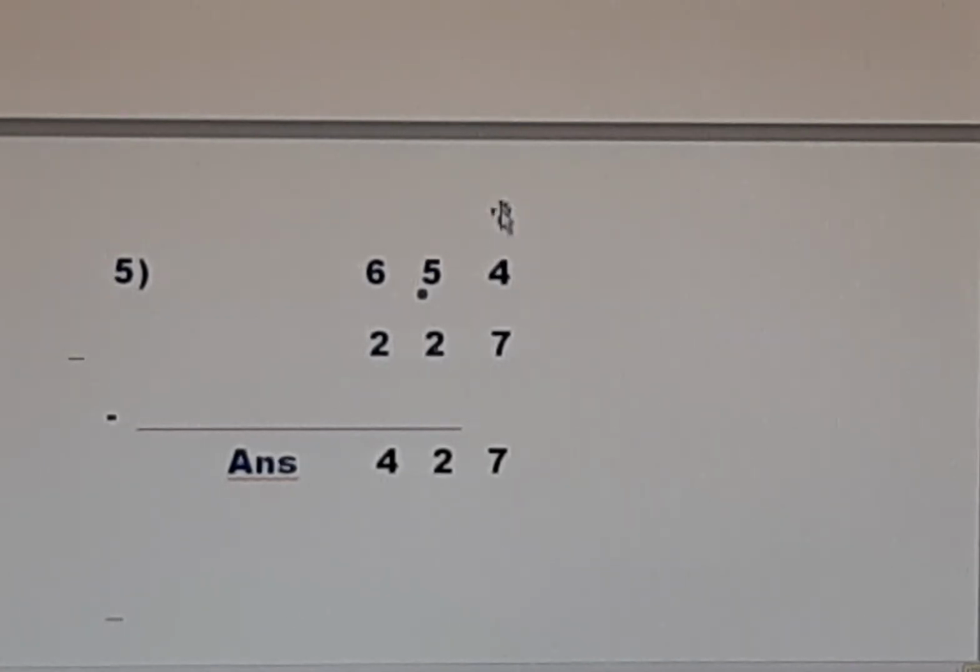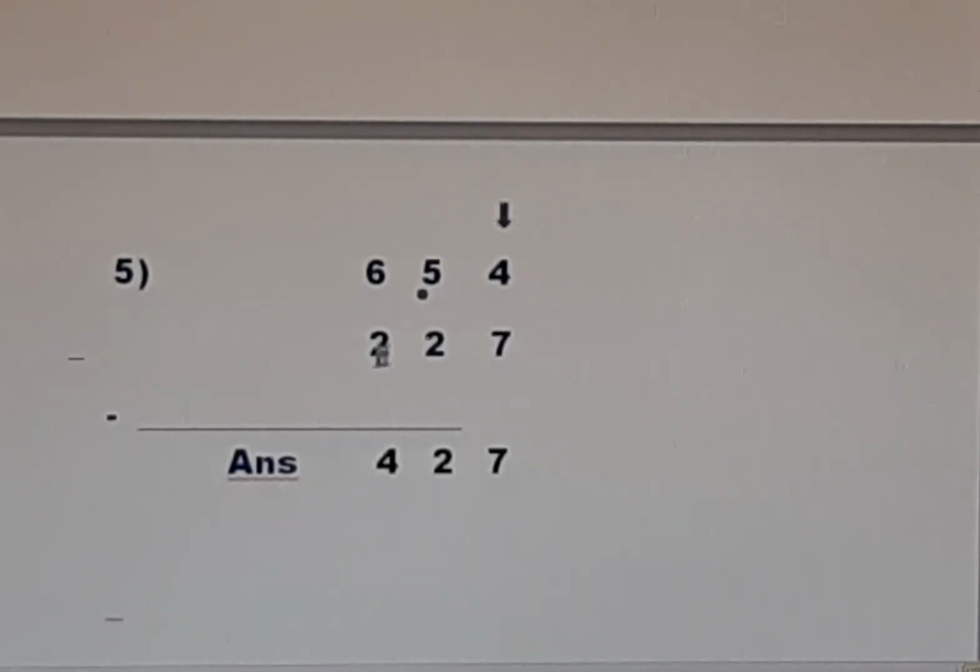From 4 you put an arrow. Arrow means you have to add tens. 14. And where did you borrow this arrow from? You have to borrow from 5. So 14 minus 7 is 7. Dot means you have to reduce one number. So instead of 5 there is 4. 4 minus 2 is 2 and 6 minus 2 is 4. I am explaining a second time.